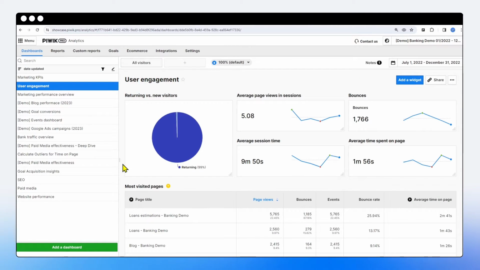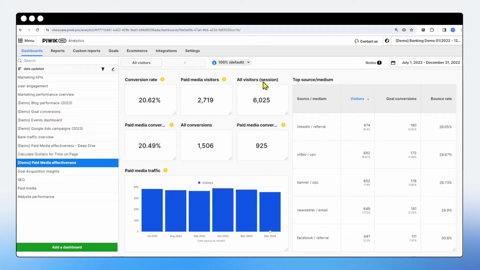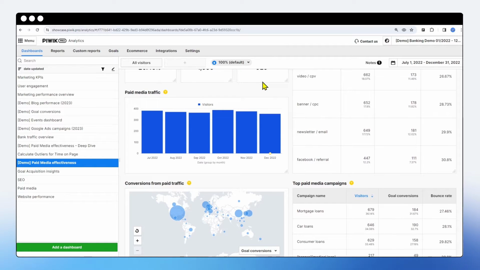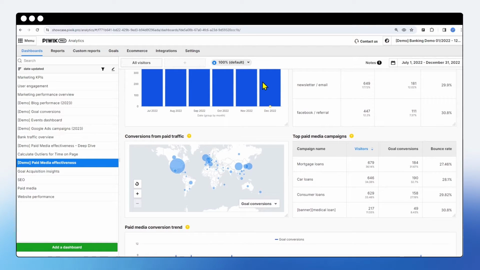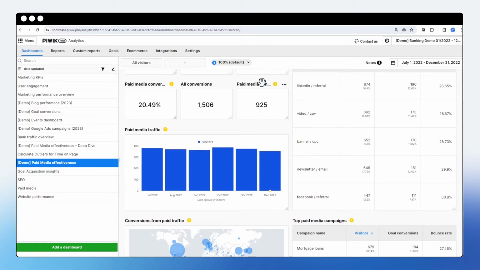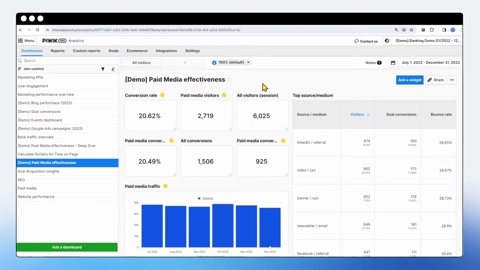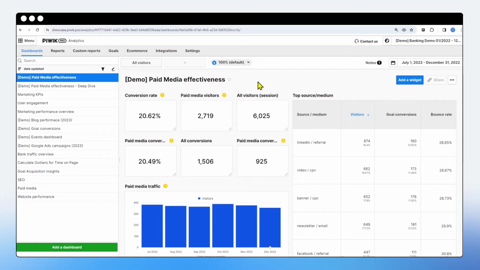Before we start creating a dashboard, let's answer this question: what is the difference between a dashboard and a report? In Piwik PRO Analytics, both dashboards and reports offer a high degree of customization, but they do so in distinct ways. Dashboards take the lead in flexibility in presenting data, allowing you to view all your key metrics on one page through a variety of different widgets. This makes them incredibly versatile for getting a quick, comprehensive overview of your data. Reports, while customizable, focus more on delivering detailed analysis for specific data sets and perhaps are more suited for data